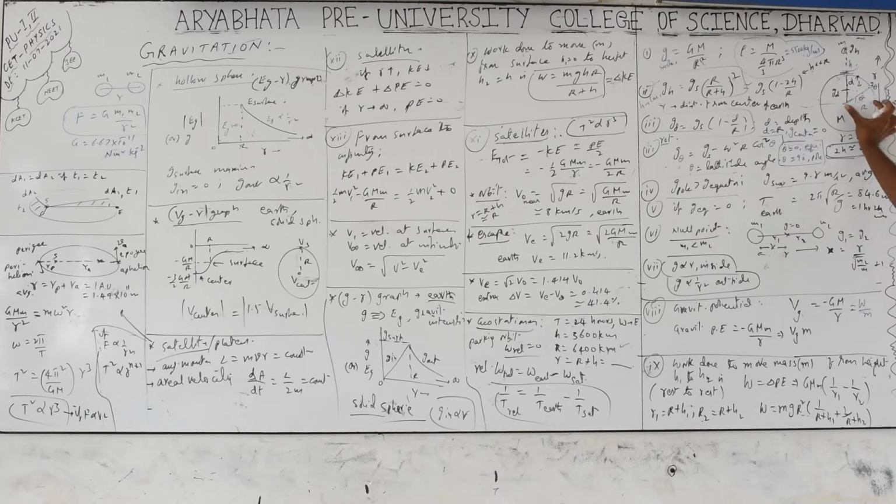The centrifugal force changes from point to point. At the equator, the distance from the axis is very large, so centrifugal force is also very large. As you go towards the poles, the centrifugal force decreases. At the poles, there is no centrifugal force because the distance from the axis is 0.